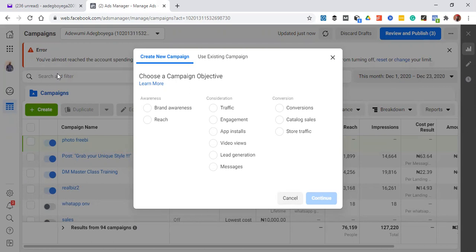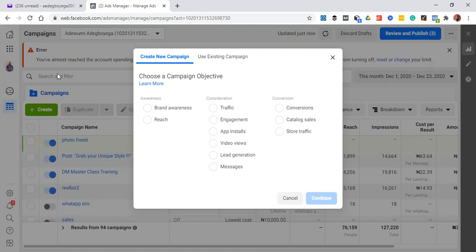You don't need to have your pixel on a website if you don't have a website. So long as you have a pixel, it tracks anybody that interacts with your Facebook page. It does not really mean you have to use the pixel on your website. It's residing on your Facebook page, so anyone that comes in contact, if anybody submits the form, it goes into the form center. Then the pixel will track the attributes of that person. So if I want to create a lookalike audience, I can do it. If I want to create a custom audience, I can do it.